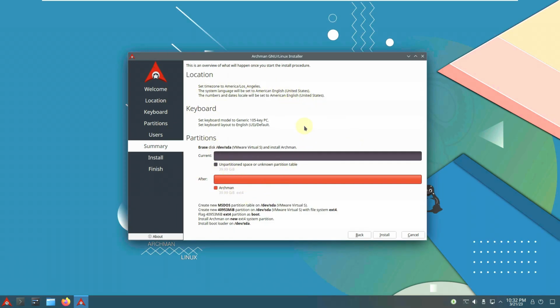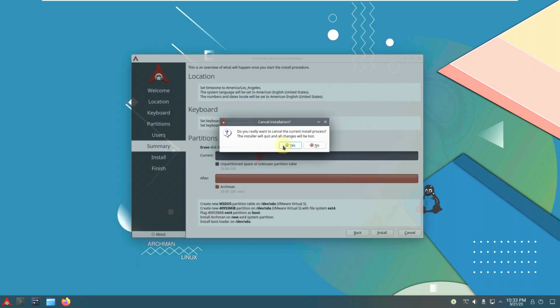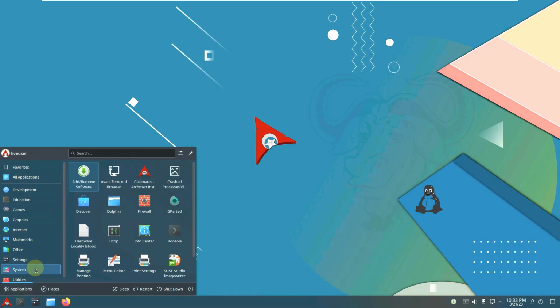And here is the summary of what you chose before. I chose America, Los Angeles, language American English, keyboard generic 105, 40 GB, Archman. These are the things that will happen after we click on the install button. And after installing, you just need to finish and reboot. That's it. I'm not going to do that because I want to run in live mode, which I already said to you. Close this and let's open the system monitor